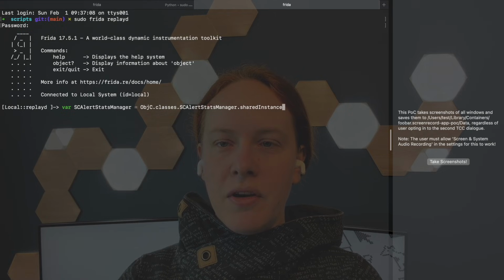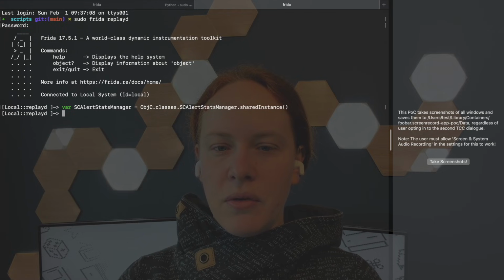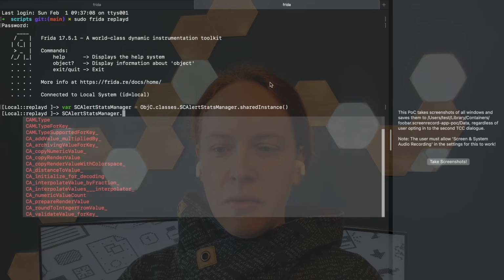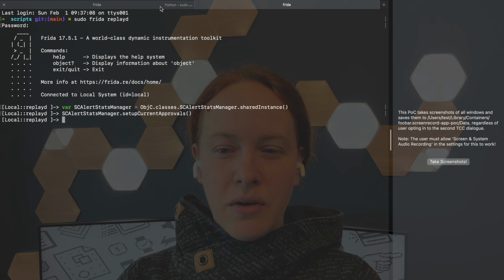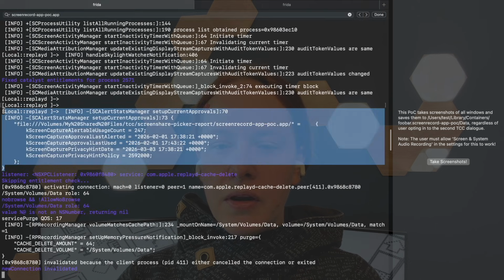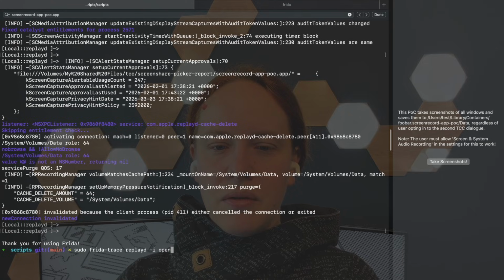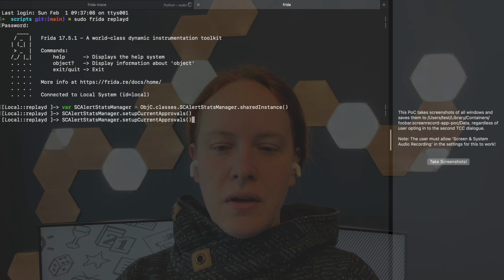With Frida, we can get a shared instance of the SCAlertStatsManager. This allows calling the setupCurrentApprovals method again, such that it would refresh its information and hopefully show us where we got it from. In the log, we can already see that it runs its logic again. To see if it's reading a configuration file along this process, I'm hooking the open function with frida-trace. And indeed, it's using the file